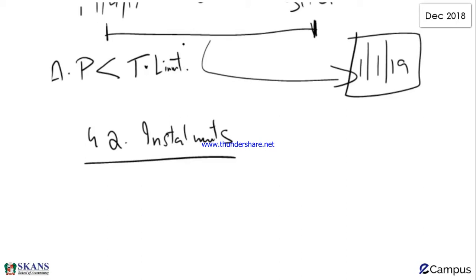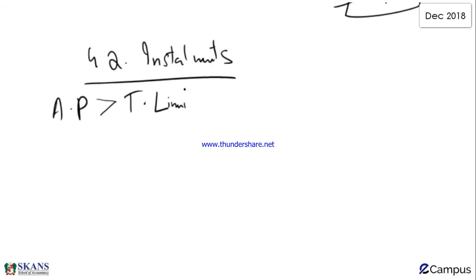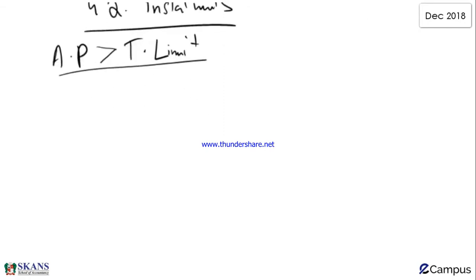But if a company was above threshold limit, augmented profits were above threshold limit, in current as well as in previous accounting period,